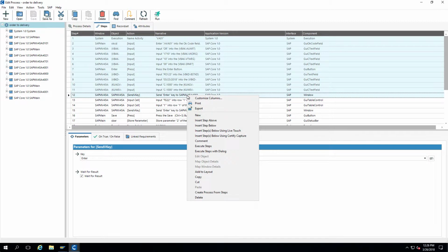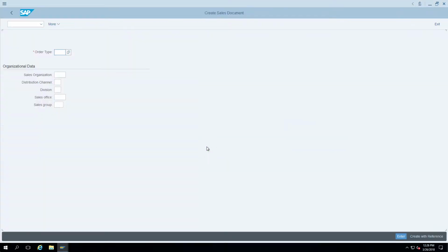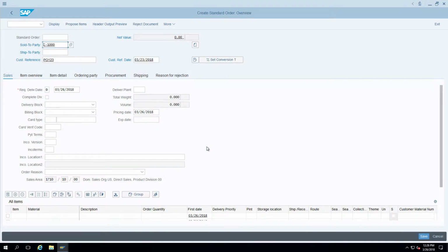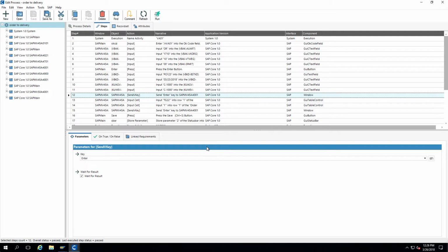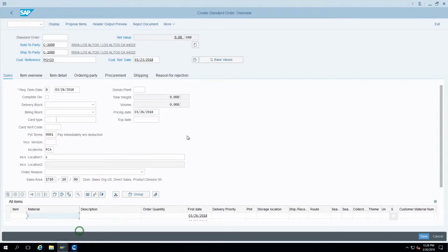So I'm going to just run this test to see what it looks like. I can quickly just execute these steps. My steps ran successfully. I'll come back to my SAP GUI, and I can see the delivery plant isn't entered. So if I want to add the delivery plant, say I want 1710 to show up in my test case,